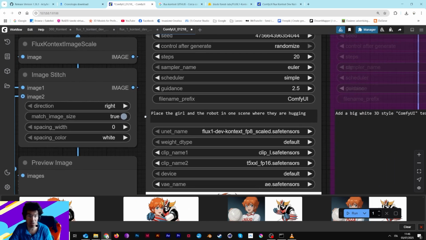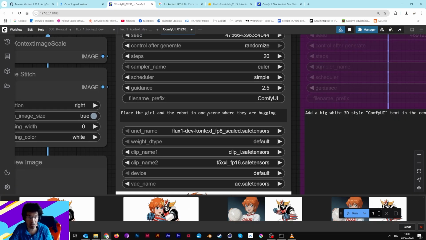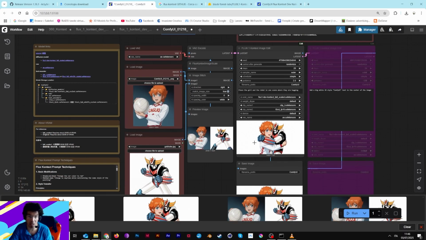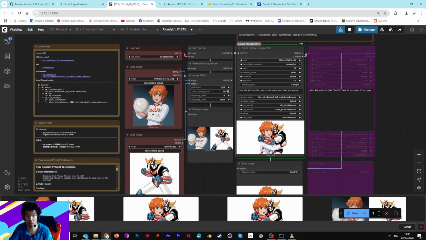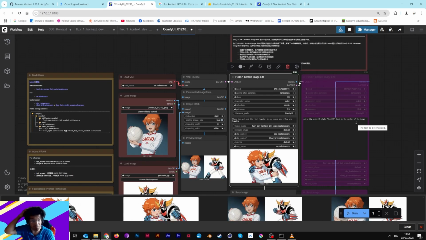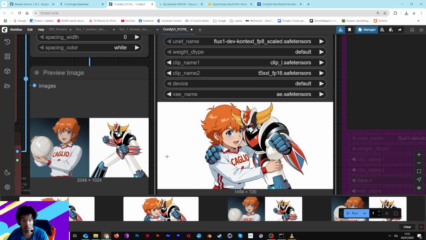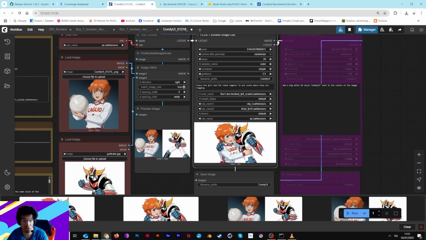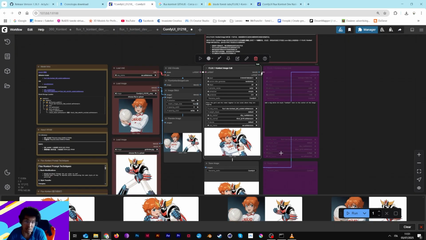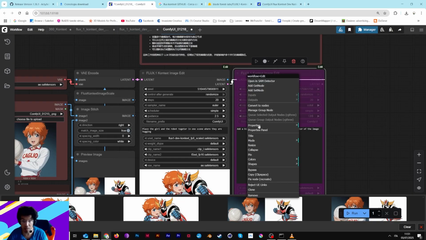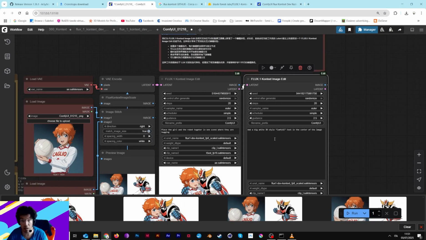So you can write, place the girl and the robot in one scene where they are hugging, and this is the scene. We can press play and we see. Okay, as you can see, we have this image here. It takes perfectly also the words and the two images together. It's quite interesting,